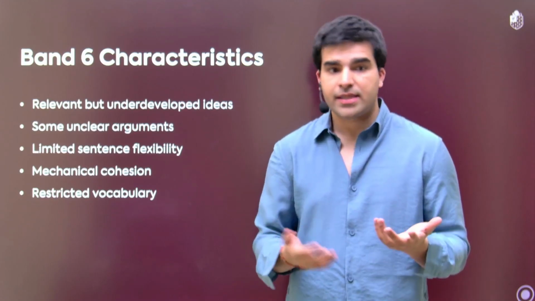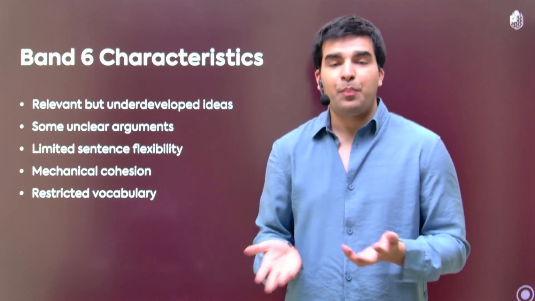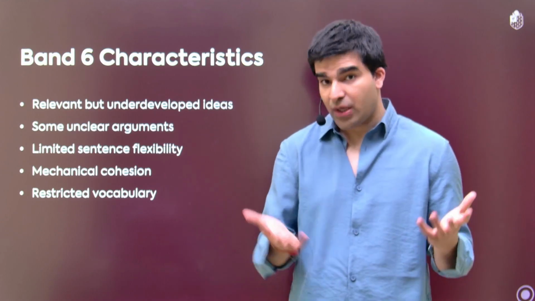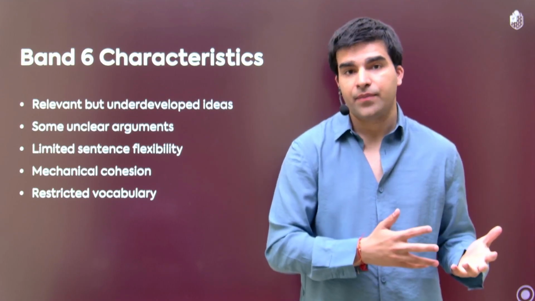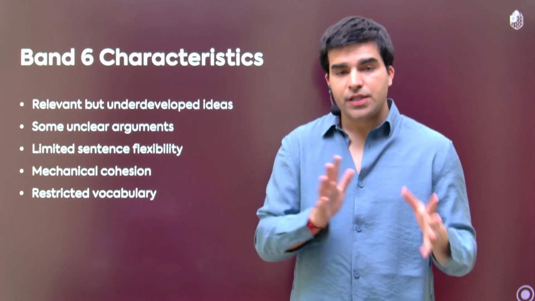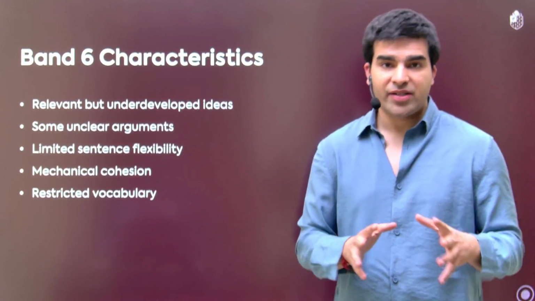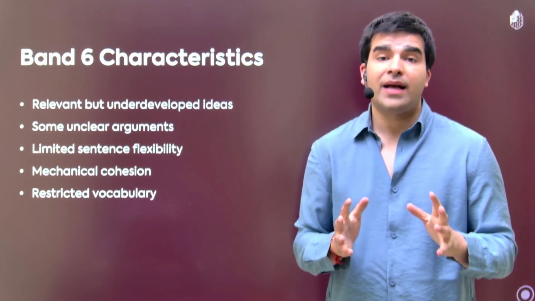Now there's one way to say this shirt that I'm wearing is quite expensive, but you can say the same thing with the help of advanced vocabulary, and one could say this shirt costs me an arm and a leg. So this is an important thing to keep in mind and remember when it comes to band 6 characteristics. So this was all about band 6.